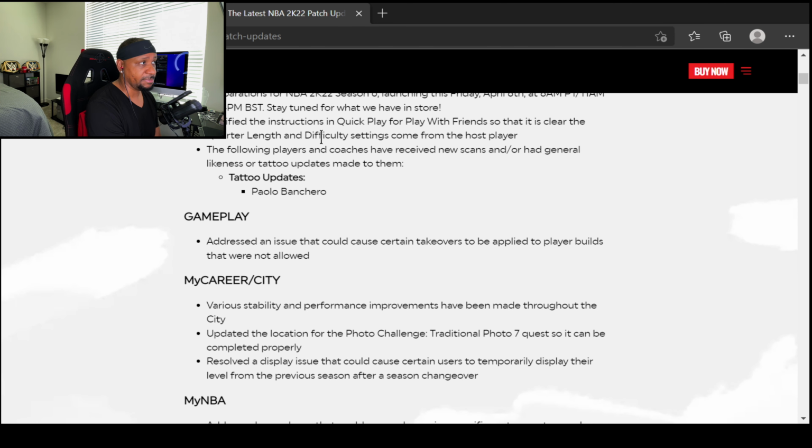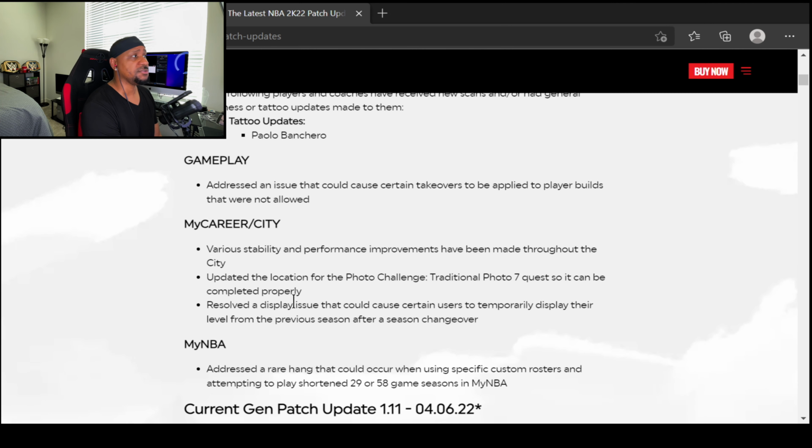Clarified the instructions in quick play for play with friends so that it is clear the quarter length and difficulty settings come from the host player. The next bullet point says the following players and coaches have received new scans or had general likeness or tattoo updates made to them. Tattoo updates for Bencherro, right? For Duke, right? There's no way you're going to see that unless you're playing MyTEAM. So in MyTEAM, that's where all the updates are going to be. And I do have a free agent card, so I will go over that for next gen in the next video. As far as gameplay, addressed an issue that could cause certain takeovers to be applied to